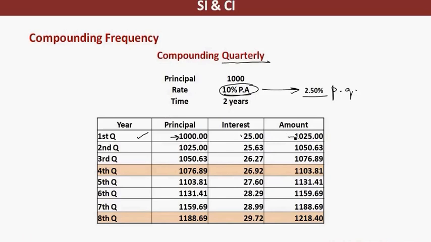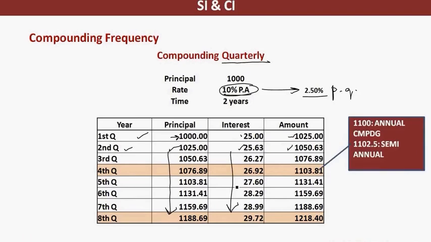In the first quarter, my principal will be 1000. I'll get my interest of 2.5% on 1000 added into my account. For the beginning of the second quarter, my principal will change, and therefore my interest, and therefore my account. If you look at the beginning of each quarter, the principal in my account is increasing and therefore the interest goes on increasing.